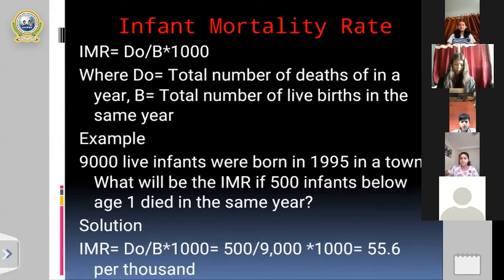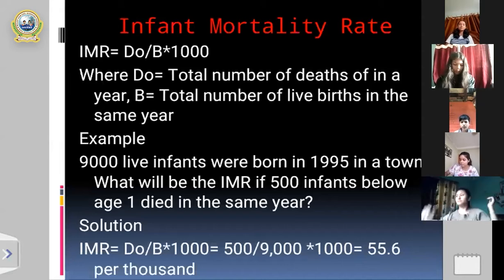And about the child, after infant, we'll discuss in the next slide. So, infant: under the age of 1. I think all of you know that. Infant means under the age of 1 or below the age of 1, and mortality means death. So, after the meaning of infant, IMR, that's the infant mortality rate, equals the formula D small o divided